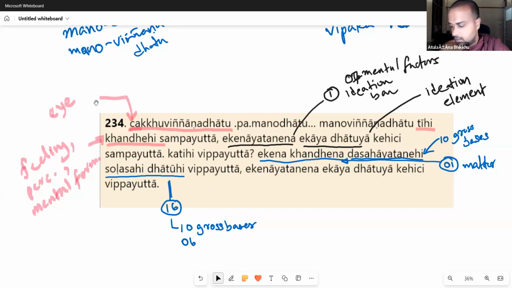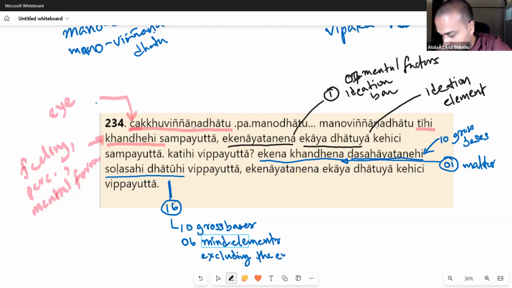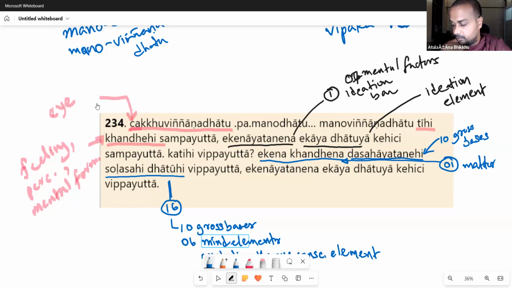So this eye consciousness element is disassociated with the 6 mind elements, excluding the eye consciousness element, right? And then we move to the next part, which is the partial